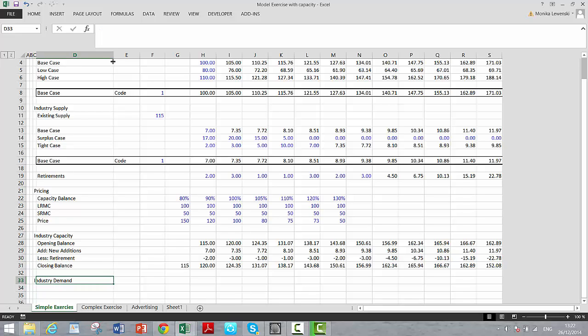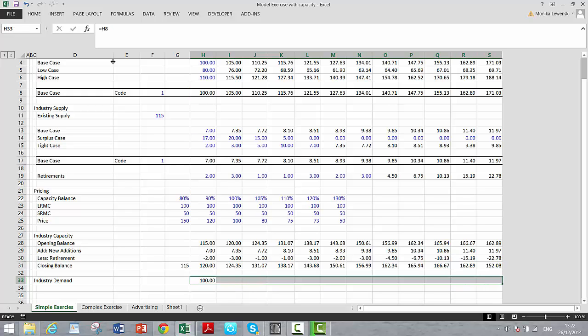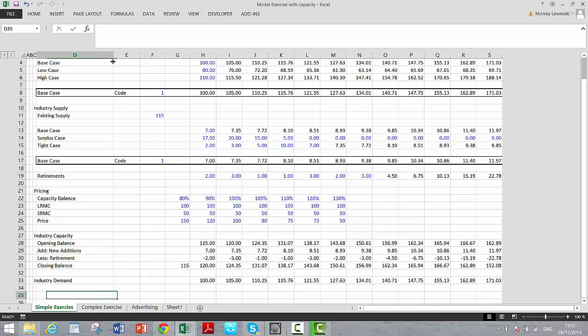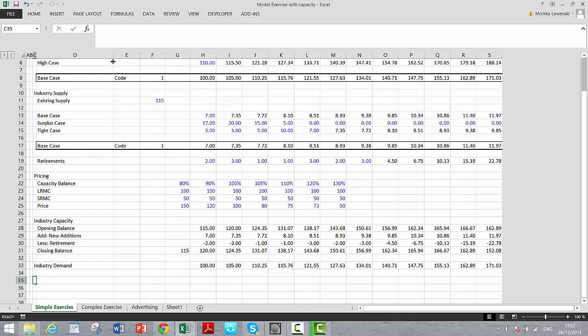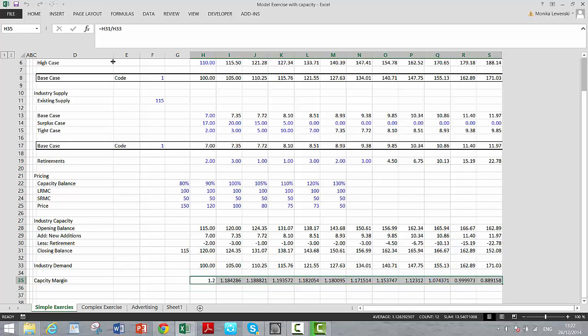Then let's put our industry demand, and that's where we just used the index function. Now we have to have some sort of measure of the relationship between industry supply and demand. Why don't I call this the capacity margin, which is simply going to be the capacity divided by the demand. So we have 20% at first, Shift Control R, Shift Control 1, and in this case it goes down all the way to 0.89, which means we're going to have